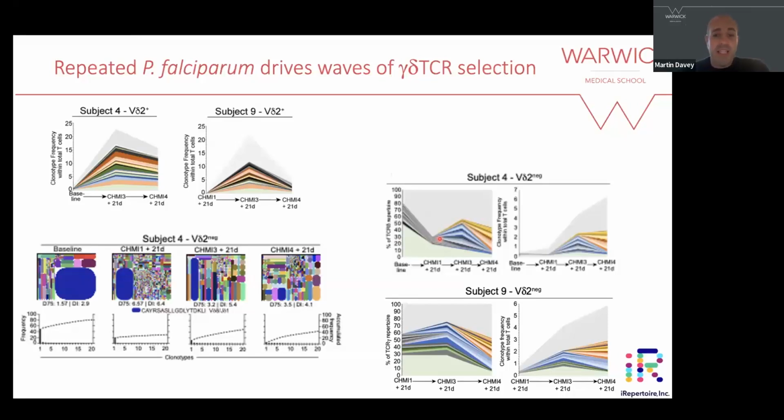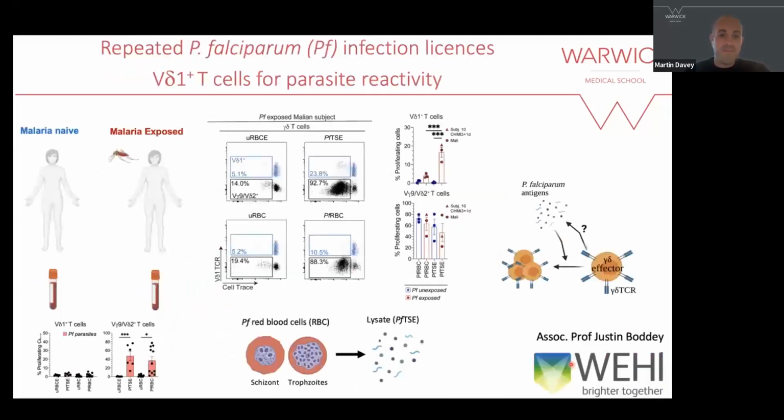So we tried to track individual clones. Some were actually conserved. So we'd see ones emerge here at very low frequency, and they'd persist into the fourth CHMI. So we were seeing them again. So they were being retained. But a lot of what was coming up into the most dominant sets of the top 20 clonotypes were very different. So it's suggesting these waves of selection that were essentially drowning out this clone basically, and we saw this across multiple individuals.